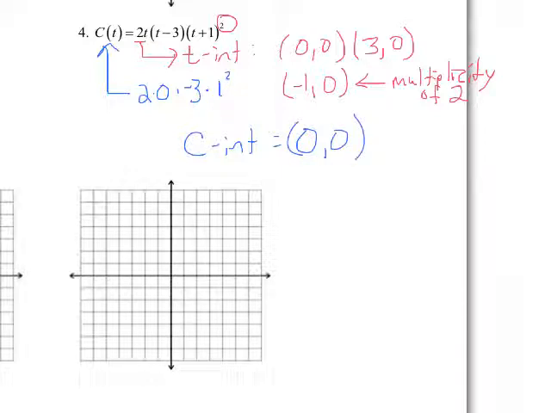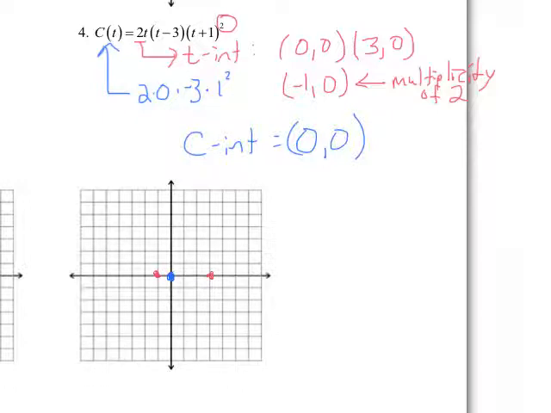Which makes sense. If we have an x-intercept at (0, 0), then we'll have a y-intercept at (0, 0). So if I plot my x-intercepts at (0, 0), (3, 0), and (-1, 0), and then I plot my c-intercept at (0, 0),